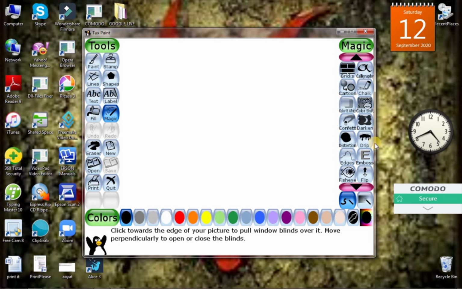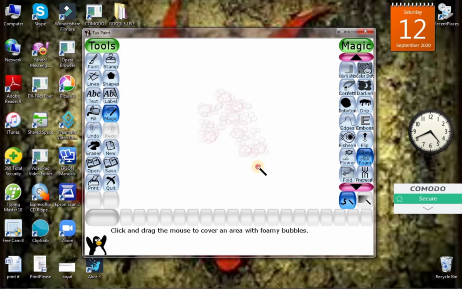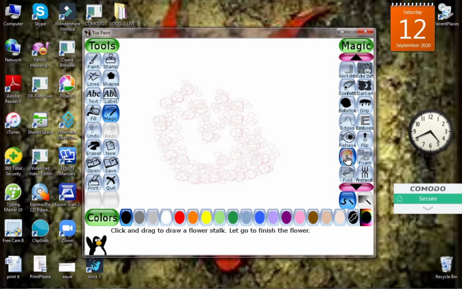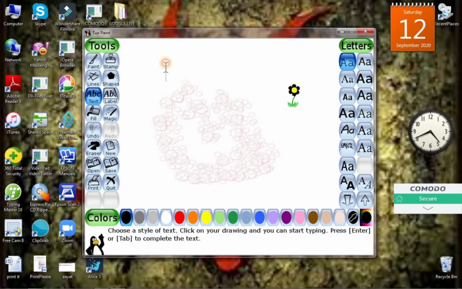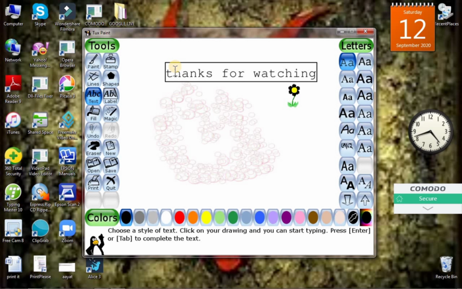Move downwards, you can see foam. Then if you want to go and see a color of flower, can you see a flower? And similarly, you can even write on there. I wrote something like thanks for watching my video.